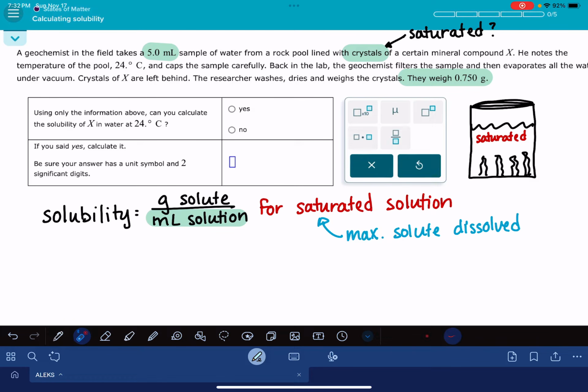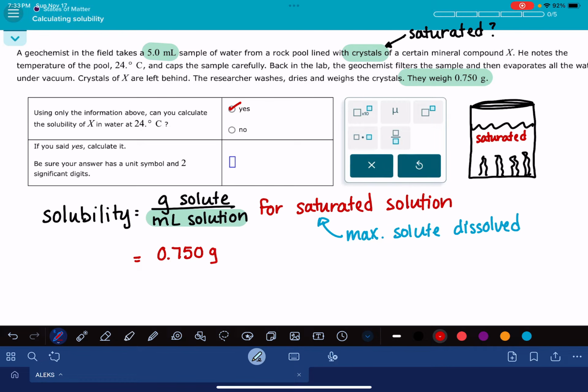The presence of the crystals tells us that there was at one point an excess of solute in that solution, and that we know for sure that the solution is saturated. So since we know for sure that the solution is saturated, we can take our data here and plug it into the solubility equation. First of all, yes, we can calculate the solubility of this compound, and that solubility is going to be